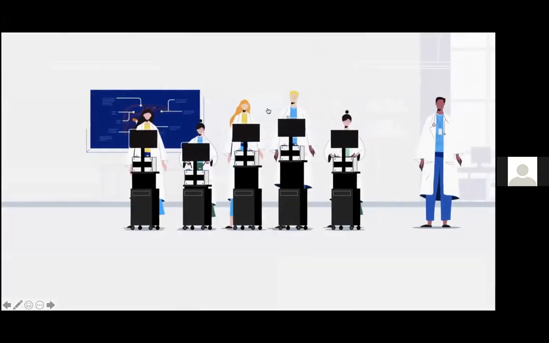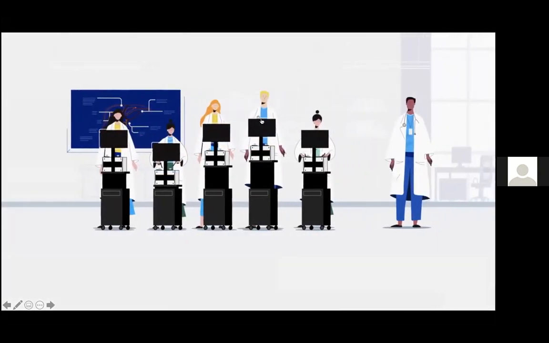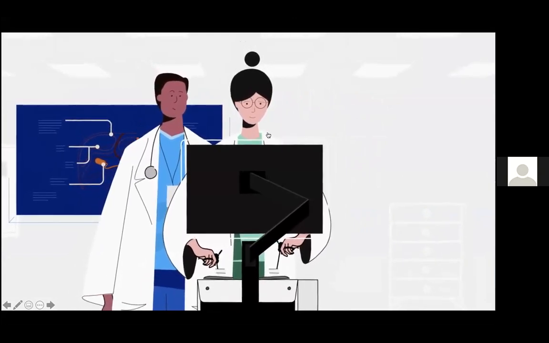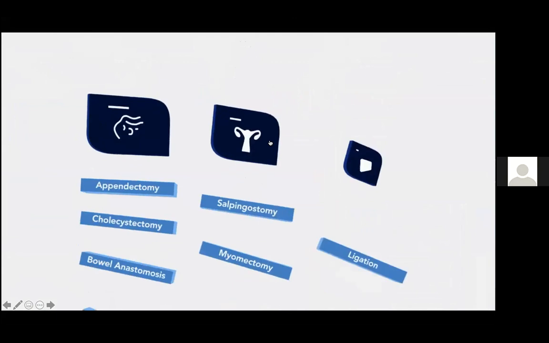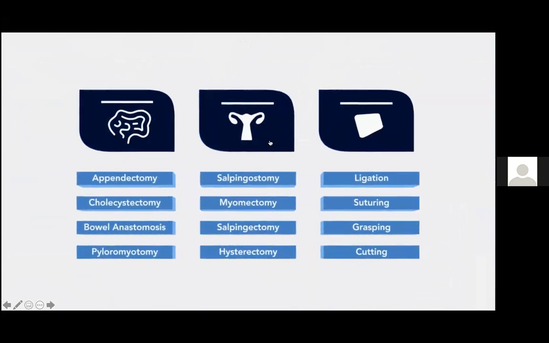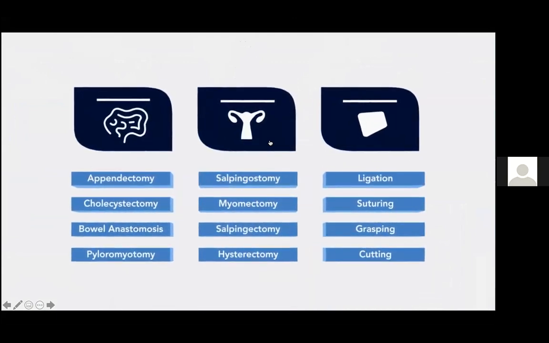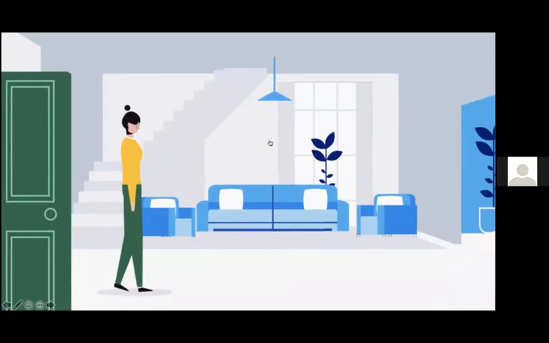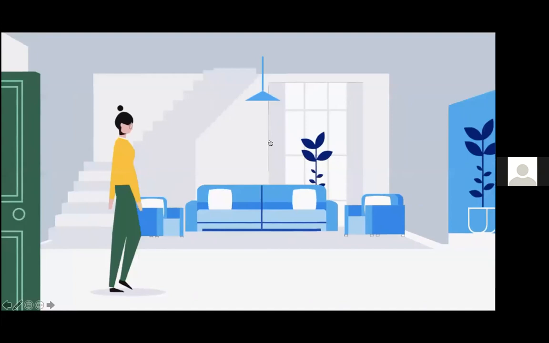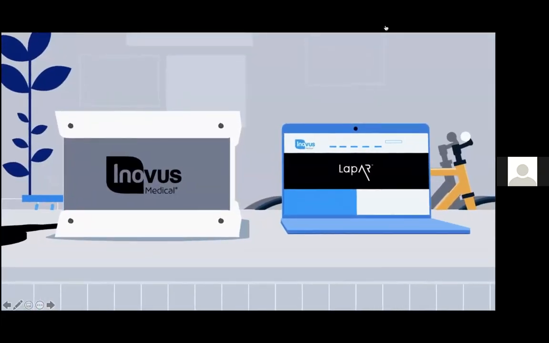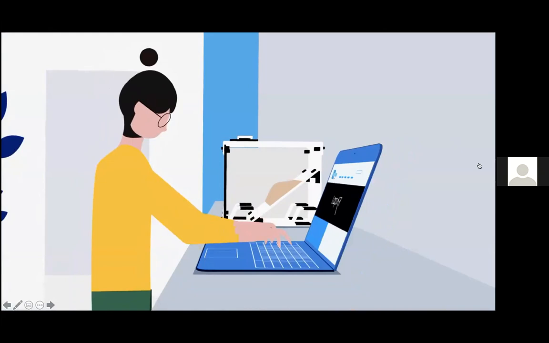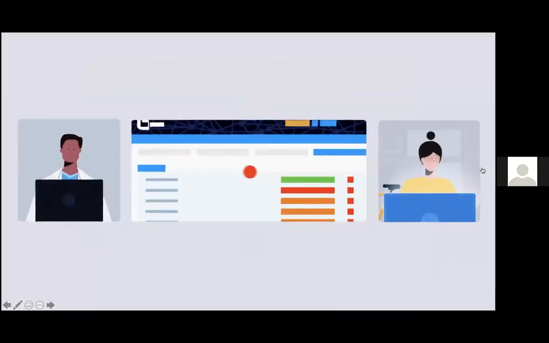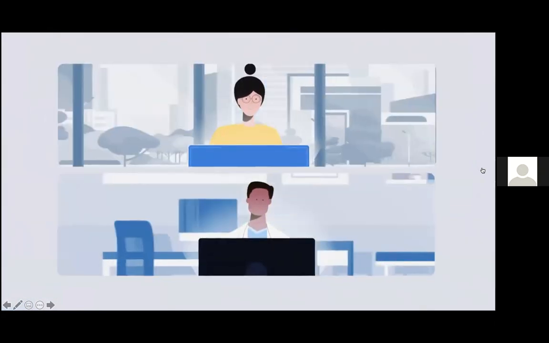LapAR is the platform for connected surgical training, promoting collaborative education for better patient care. With a full suite of modules, all surgical specialties, and a take-home version that allows training without boundaries. Simple to set up. And with our distance learning app, trainers can guide learning outcomes from anywhere in the world.